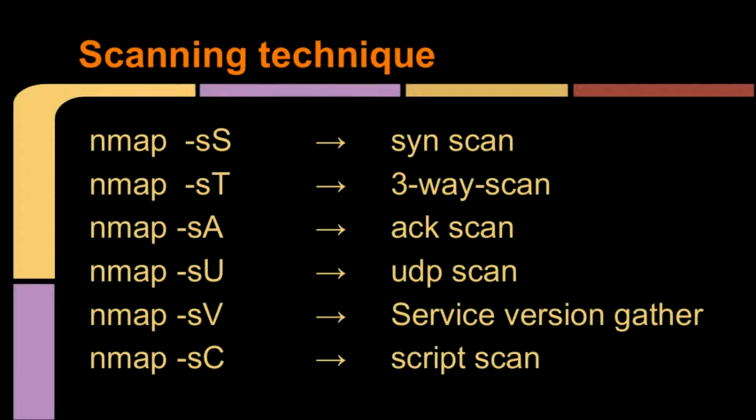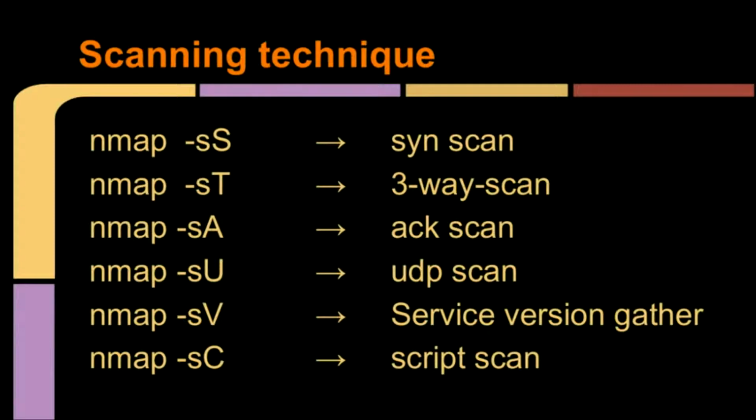This is pretty useful when you want to identify the state of a firewall. There are two states of firewall, stateful and stateless. To identify this, if the firewall is keeping track of packets, then our nmap -sA packet should get rejected. If that packet got rejected, it means the firewall is stateful, otherwise it's a stateless firewall. Okay, and nmap -sU stands for UDP scan.